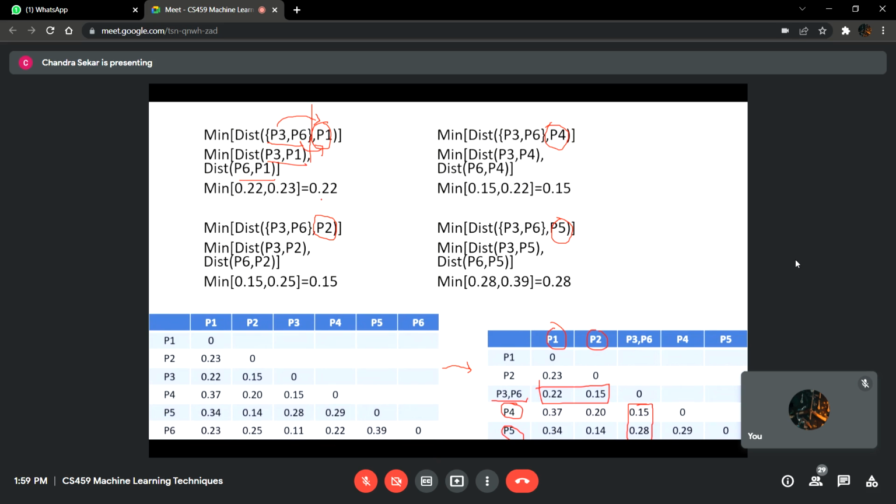We will fetch these two distances from the existing table, and we will choose the minimum of these two as the value for this particular cell. So we take the value of P3 comma P1 as well as P6 comma P1, and we take the minimum of these two values as the value for